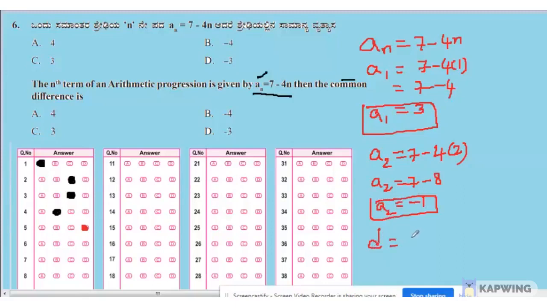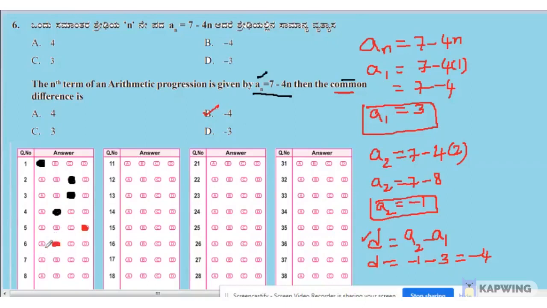So D common difference is A2 minus A1. We are using D because in the question they are asking for the common difference. So D is equal to A2 minus A1. A2 is -1, A1 is 3. -1 minus 3 gives you -4. Correct option is B, and I am going to shade